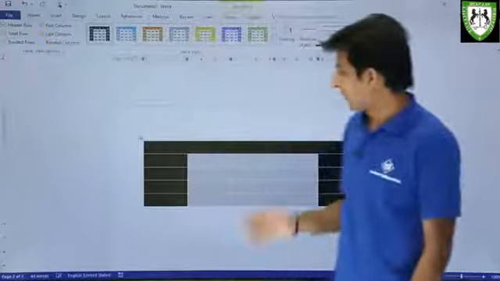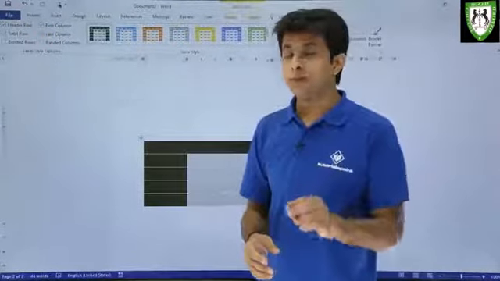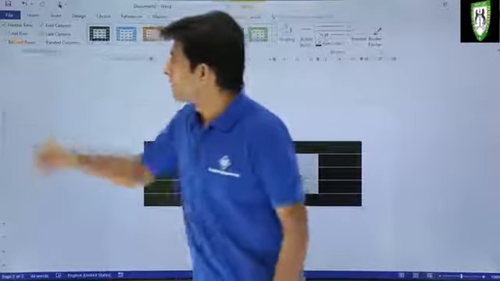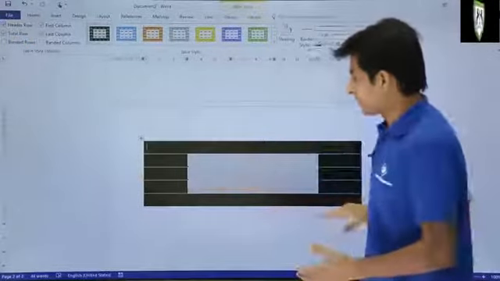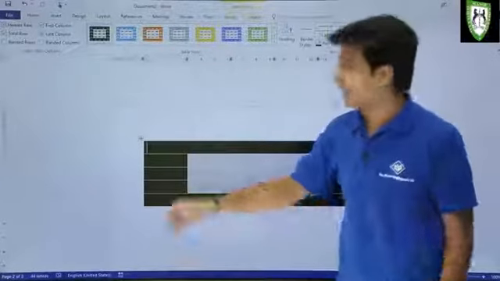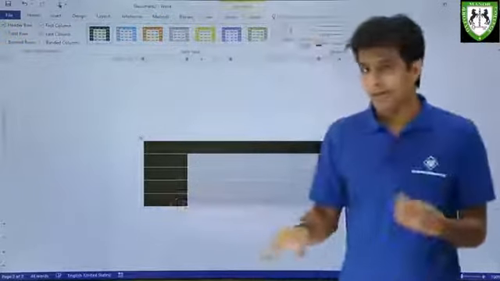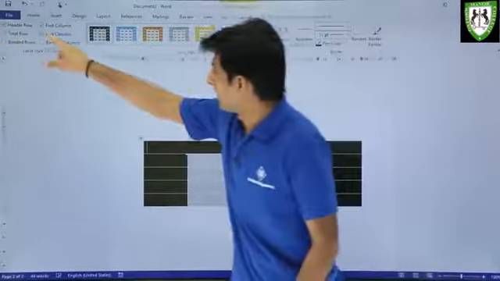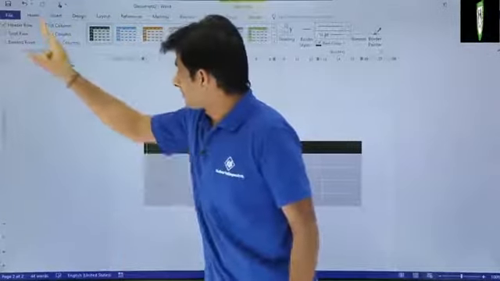Similarly, for the last column I have selected and the last column got activated. There's one more very important thing, that is nothing but a total row. So if I click on total row, usually the total is calculated in the last row itself. So that has been highlighted. So I'll just remove this total row. In the total row, you can write all the formulas, functions and everything. So I'll just remove this last column itself and the first column.